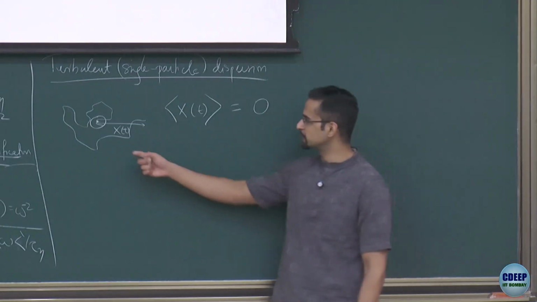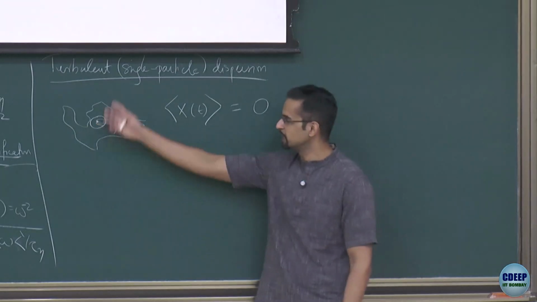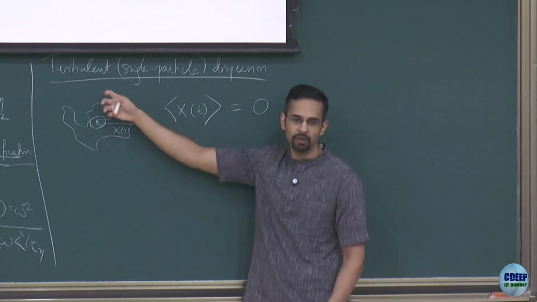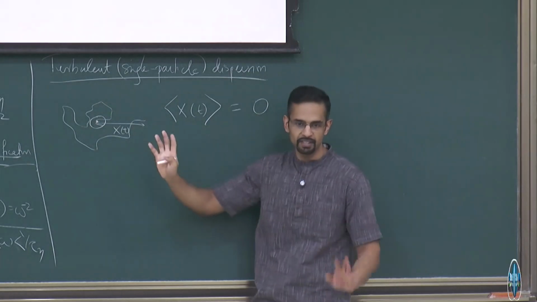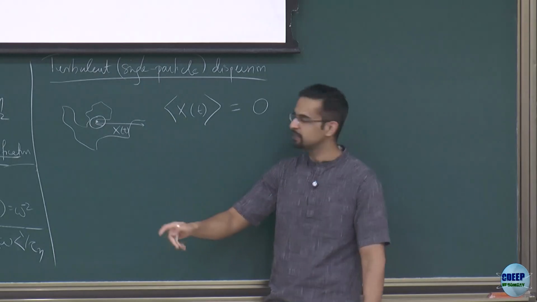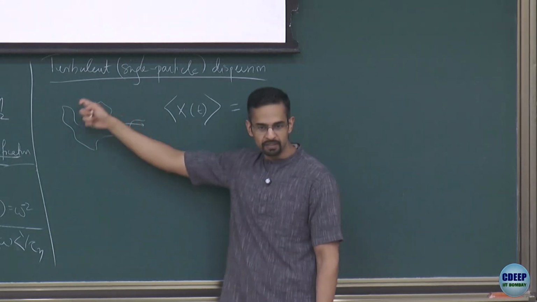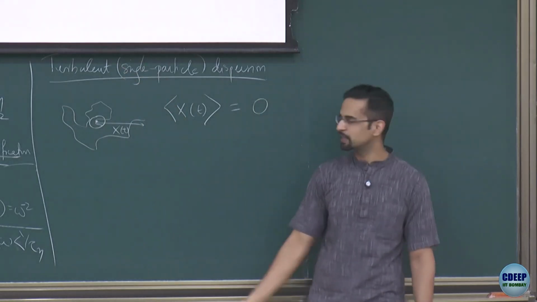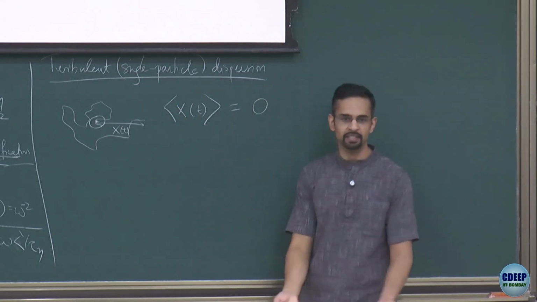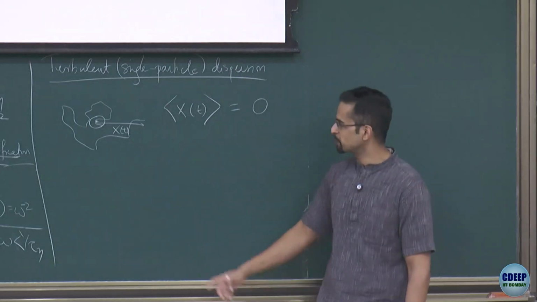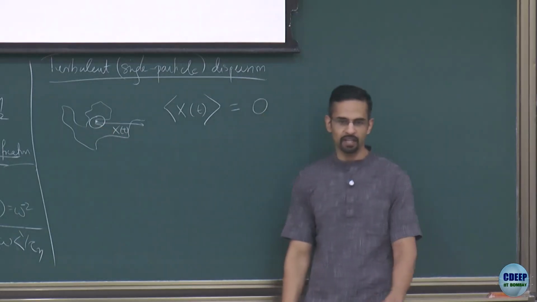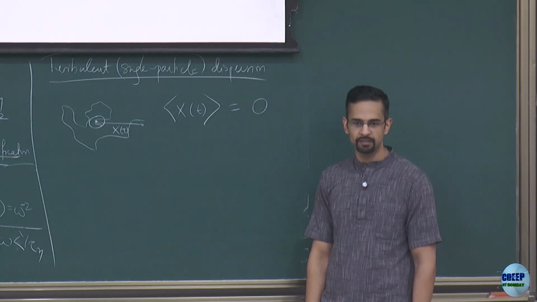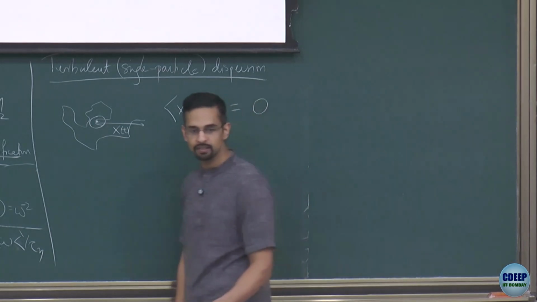So the fact that it is homogeneous means the starting point doesn't matter. If this whole board is a flow field, no matter where I put the initial release point, I'll get the same statistics. Okay, so the release point location does not matter. The fact that it is isotropic means it can go in any direction equally likely. Right? That itself tells me that the mean position will be at the starting point only. So because I'm defining x to be the displacement from the starting point, it just says the mean displacement is 0.